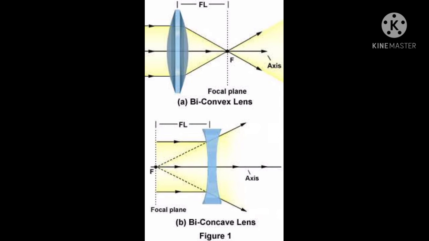So in a biconvex lens, it is very simple to find the focus or focal point. What about the concave lens, the biconcave lens? After refraction, you have to draw or extend the refracted ray on the back side. See here, observe the biconcave lens in figure 1, how the focus is marked on the principal axis by extending the rays backwards. Okay? Thank you, children.